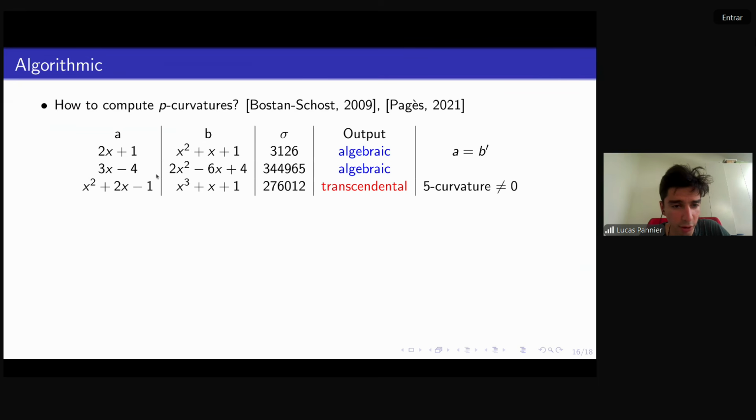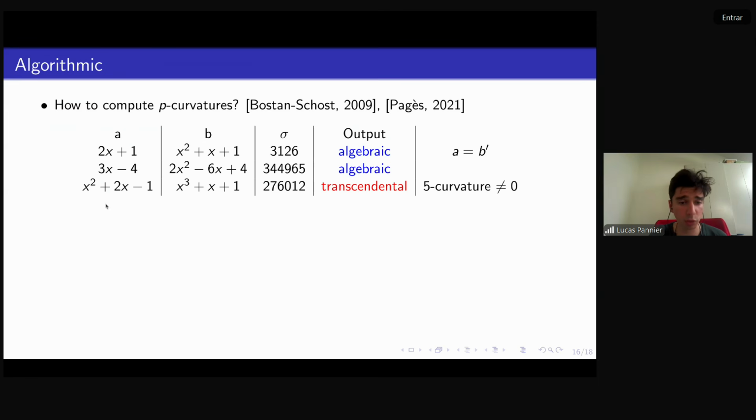However, if we take another example, which is the first non-trivial example we checked, this is an example of A of degree 1, B of degree 2, which outputs algebraic, but which is not just a derivative over the polynomial. And we see that this sigma is quite large, and in practice, this takes very long to check for the moment that all p-curvatures vanish. But the